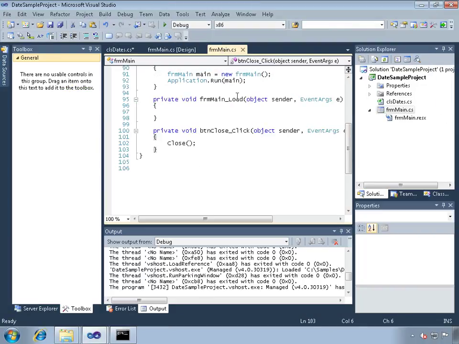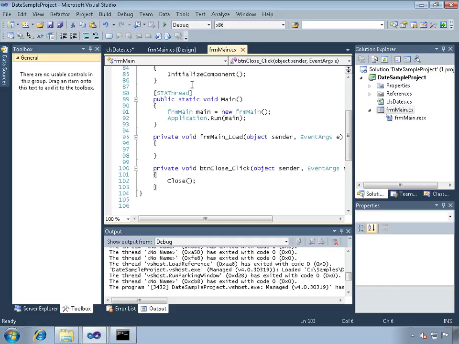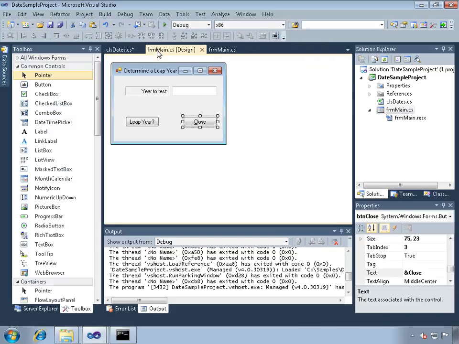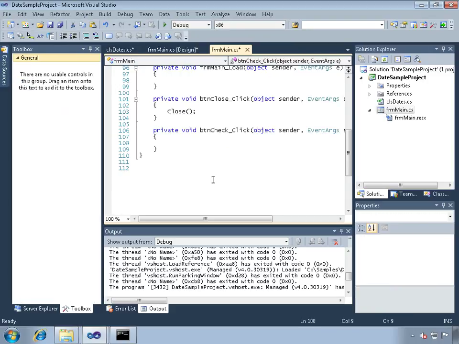Let's go over to our main form and let's look at the design, and let's look at the leap year code. And we're going to cheat here a little bit, and we're going to create something called int year. And we're going to lie and say year equals 2012. And then we're going to say